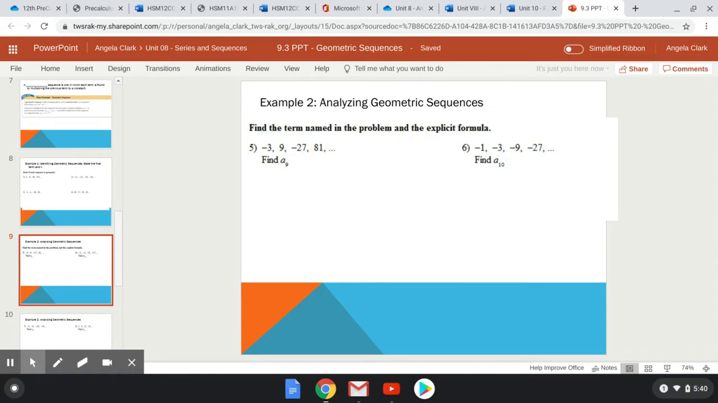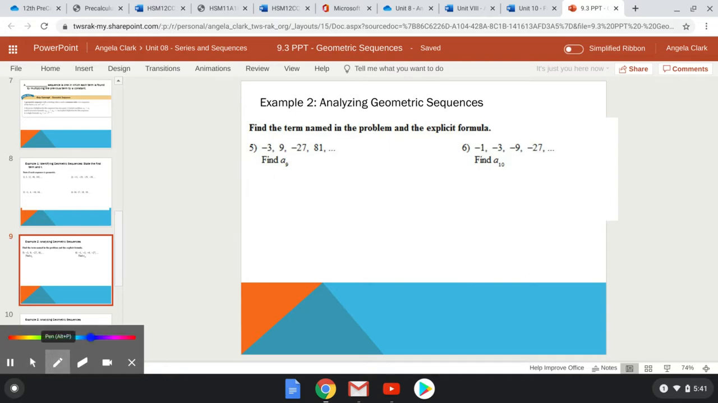Right, in this example, we are going to be finding the explicit formula for these geometric sequences, and then we're going to find the term that they ask for. So we're going to find the explicit formula first, and then we're going to find the term that they ask for. So if we remember from a couple videos earlier,